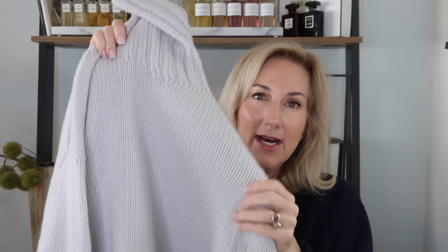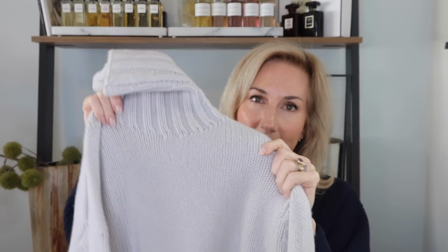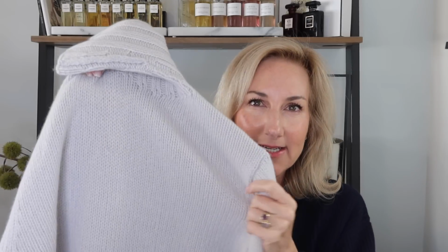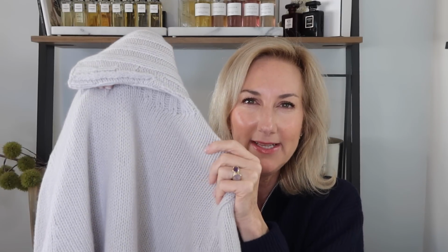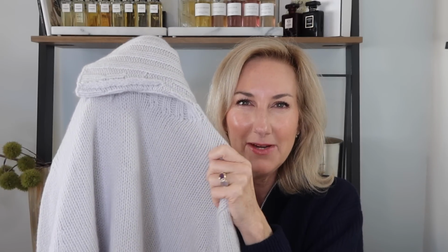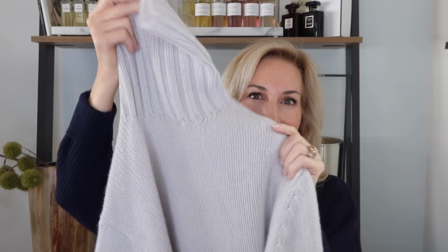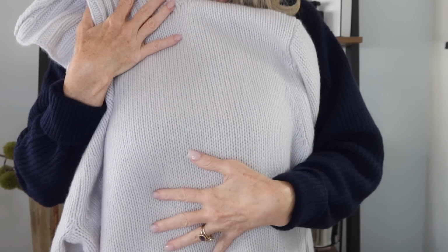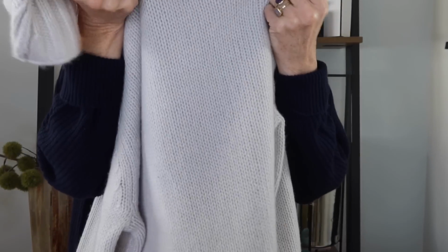And I was like, yes, I'm going to have to pick up one of these gorgeous cashmere turtlenecks. And this is in the color Sugar. And the color Sugar is really beautiful. It's sort of a light ivory with a tinge of gray in it, I would say. Sugar is almost slightly white gray, and that is the color of this. And I just love the color, and this is so soft, so plush, so awesome, and it just drapes